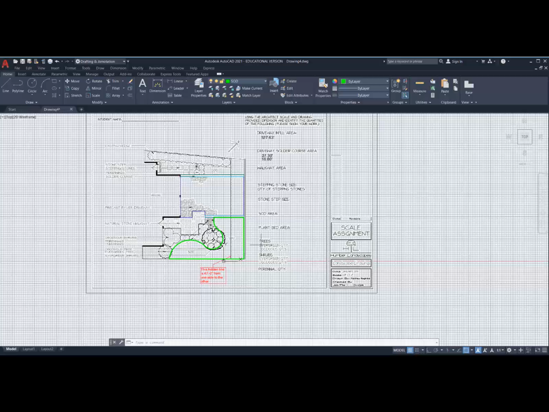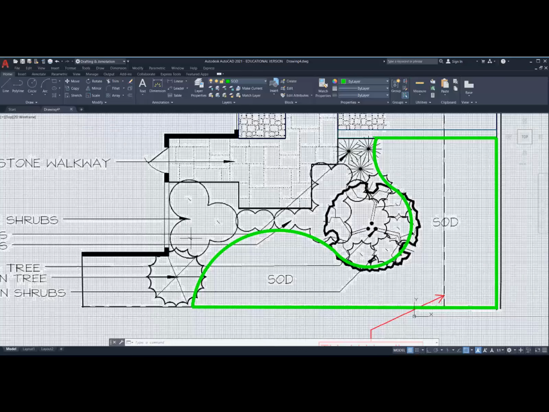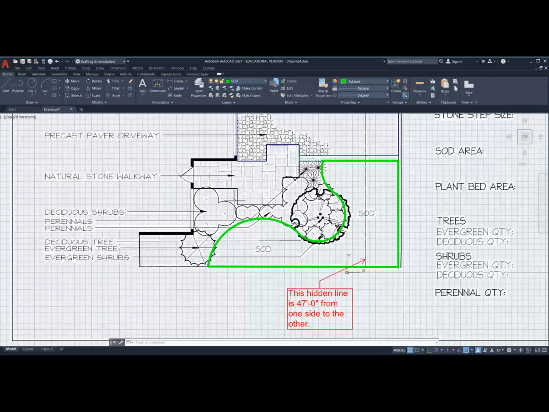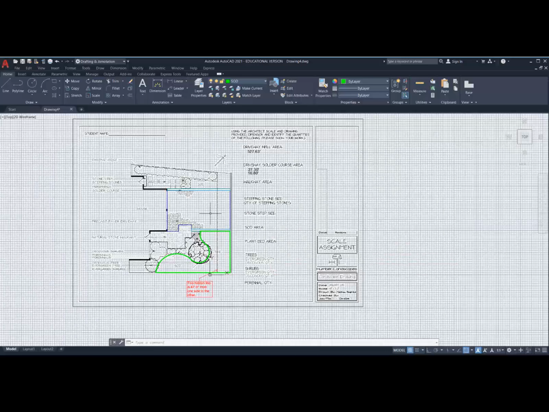Some of them you can just count. So for instance, when you're looking at some of the trees, you just pick on the centers of the trees. You don't have to create a layer for the trees, but you will create a layer for the mulch area that is all around the trees. And notice now I can use the curves that I already have here for the sod to use the curves for the mulch. Go through the entire drawing, fill this out, make sure your name is on the drawing, and